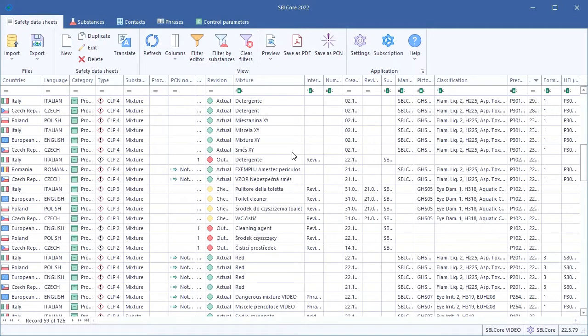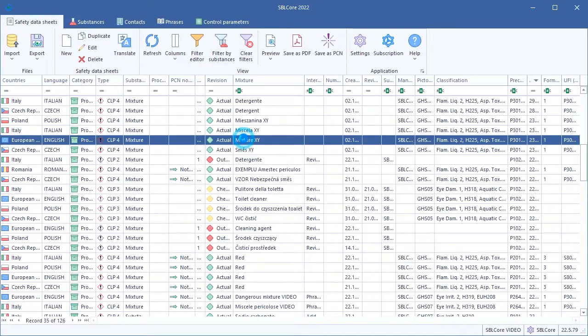In this video, I'm going to learn how to translate my safety data sheets into other languages using a feature in SBLCore. I open the translation function by clicking on the Translate button. I find it in two places, either in the Safety Data Sheets tab or in the editor of each safety